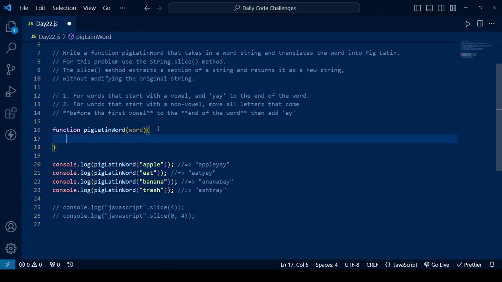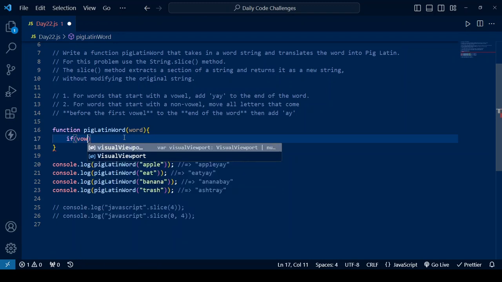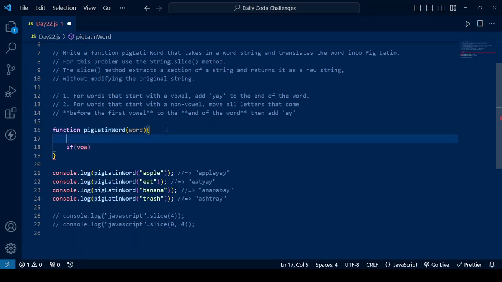The next thing we want to do is add "y" to every word that begins with a vowel. So we simply say if vowel. Before this, we need to define vowel, right? So we need to assign a string to the vowel variable name. We say const vowel equals "aeiou". Okay, here we can say if vowel